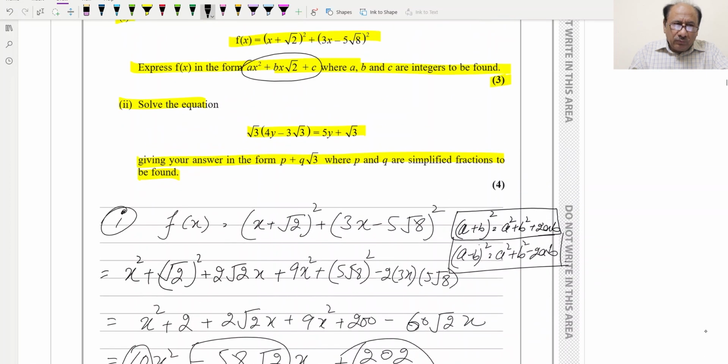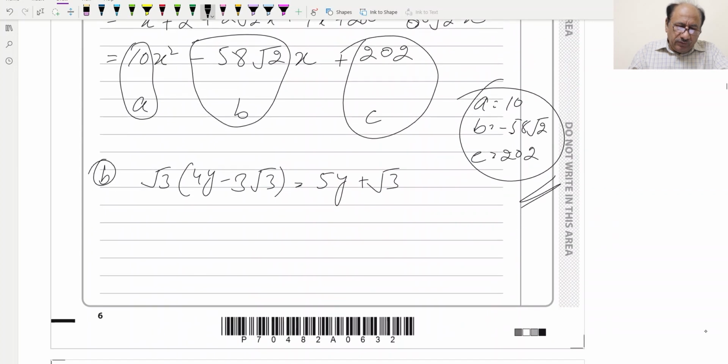So root 3 times (4y minus 3 root 3). What we will do is just open this bracket first. So it will be 4 root 3 y minus 3 root 3 squared, and this will be equal to